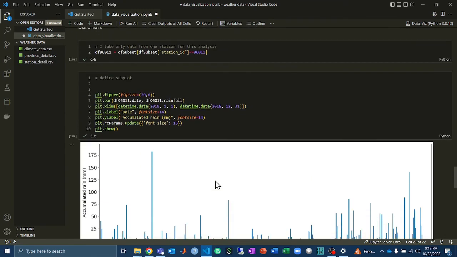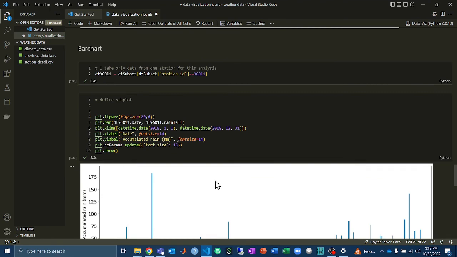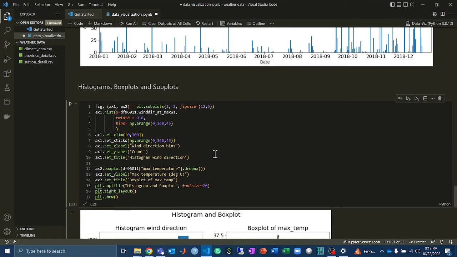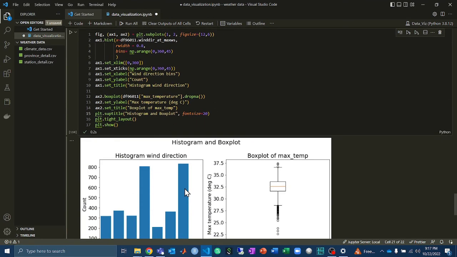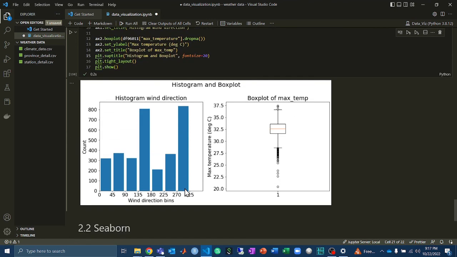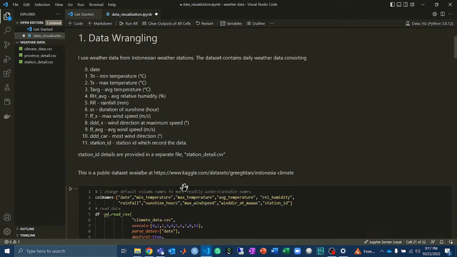Then we talked about the bar chart. We showed how the rainfall varies at a particular station in Indonesia. Then we talked about subplots, histograms, and box plots: what their importance is and how to interpret them, things like that. So I strongly encourage all of you to go to this Kaggle site, download this particular data,